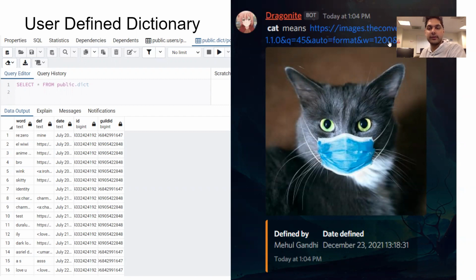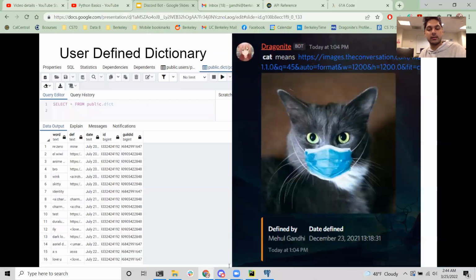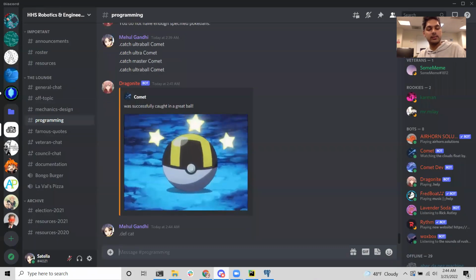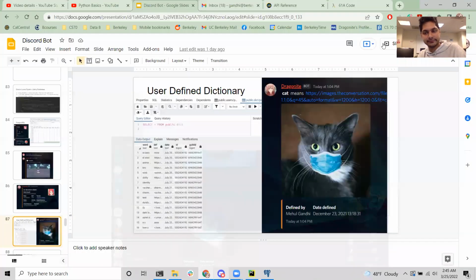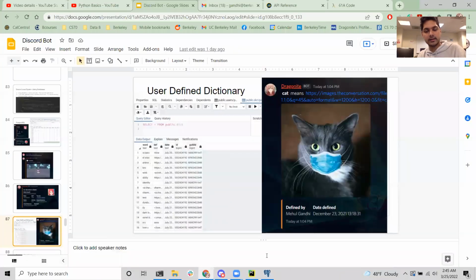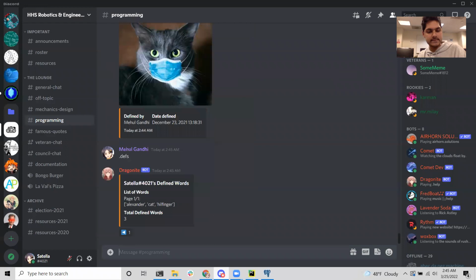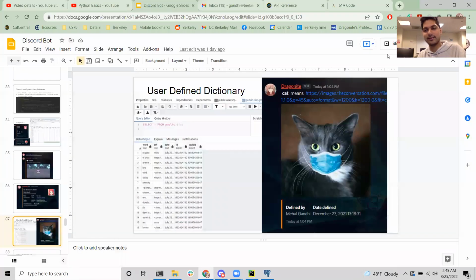For example, I defined the word cat and it's in my database. I defined this in December, and right now I'm gonna define the word cat and it's gonna pop up. Yeah, and this was defined back in December. Wow, it's still there. Oh yeah, you can see the list of words I defined right here. Okay, what is this, define whole finger? Whole finger is like 61B. Oh my goodness. Okay, that's pretty funny.